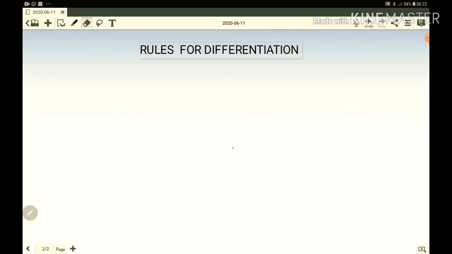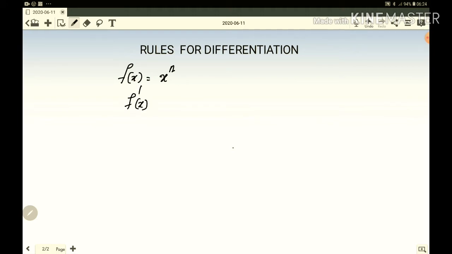So the rules for differentiation, the method I will show you here, it is very simple. A function is given, f of x. See, a function is there, f of x is equal to x to the power n. Here the variable and its power is very important to be differentiated. Here I am using the variable x. Sometimes you will see another variable, but whatever I do it for x, do it in that variable also. Next step I am differentiating. F of x become, you know that f dash x.